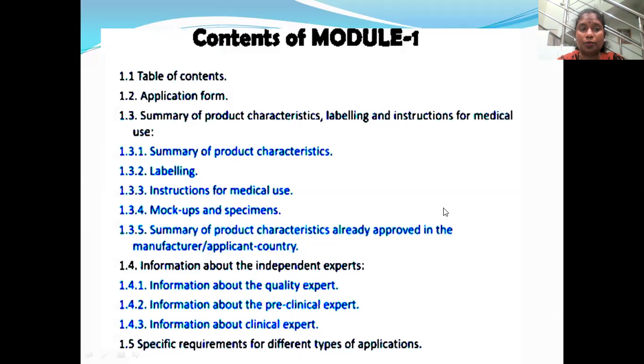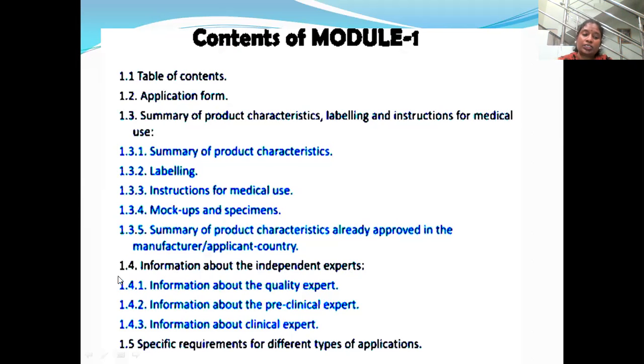So what it contains, the module 1. Module 1 contains the table of contents and application form, and it is not necessary, but the details of the applicant, and a summary of the product characteristics, and labeling and instructions of the medical use, and mock-ups and specimens, and instructions, summary of the product characteristics, and already approved in the manufacturer applicant country, and information